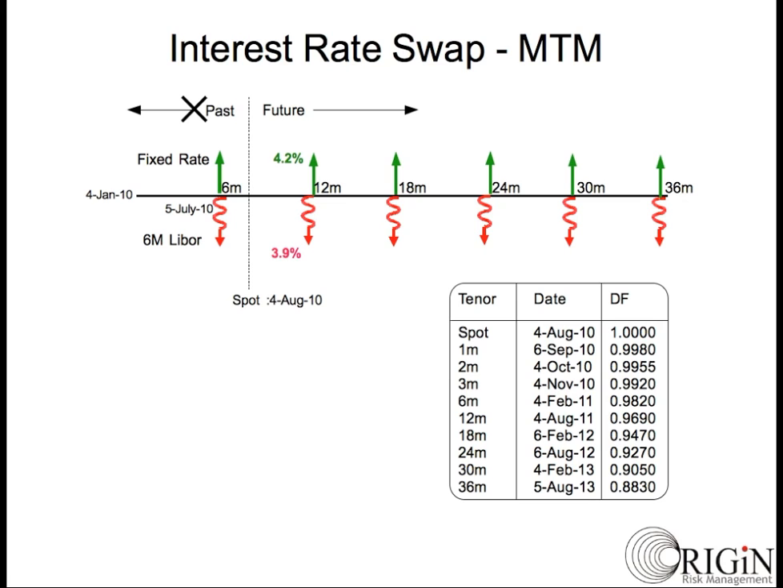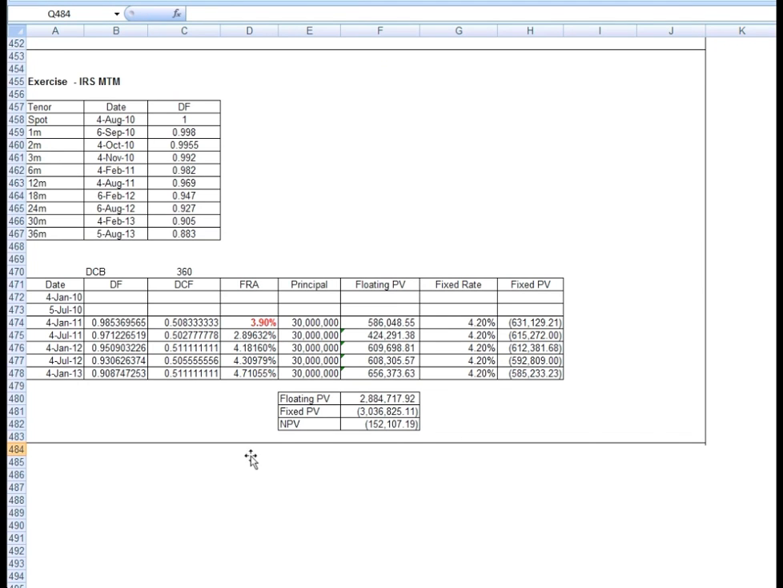Let's work out the MTM of the swap. We will assume that this is the DF coming from the current yield curve. The spot